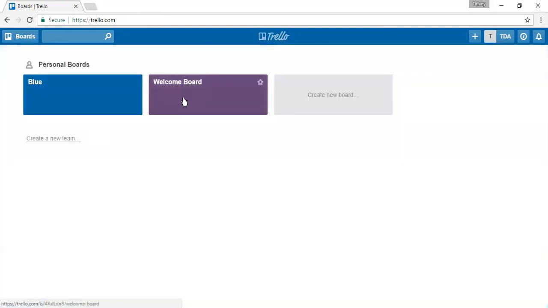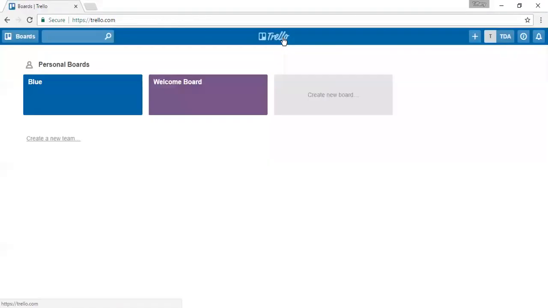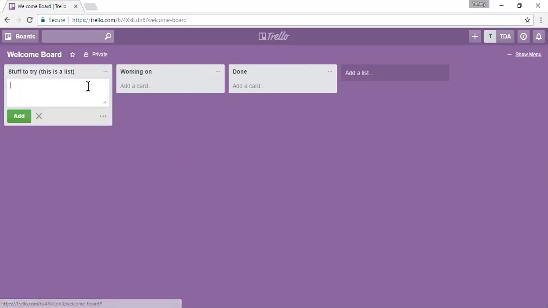I click that, and this purple board here has actually been shared with me by another account. So the account I'm in right now is TDA. And this board here, I've done under my other name, Tiffany. And this is what they have. So I can't edit the name of the board, but I can edit everything else in it practically. So I can go in here and I can add,